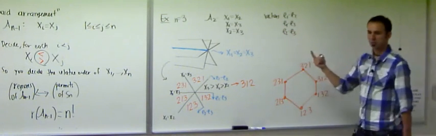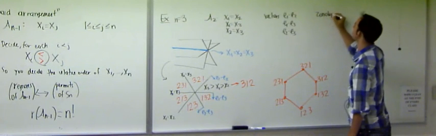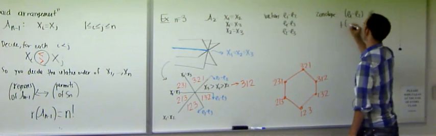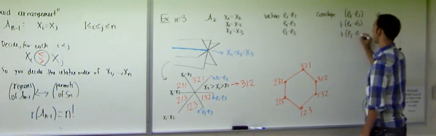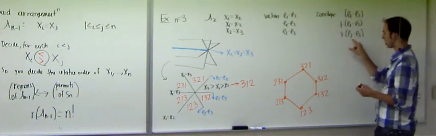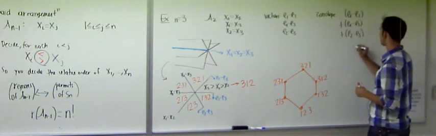And so what's the dual zonotope? It's the Minkowski sum of these things, e1 minus e2 plus e1 minus e3 plus e2 minus e3. And we proved that that's the permutahedron because these are the different pairs of e_i and e_j. So this is the permutahedron,